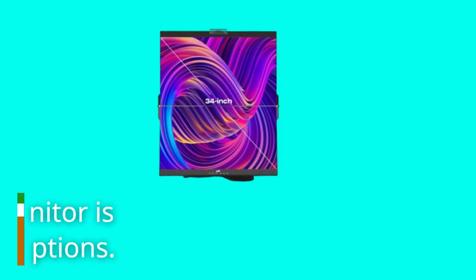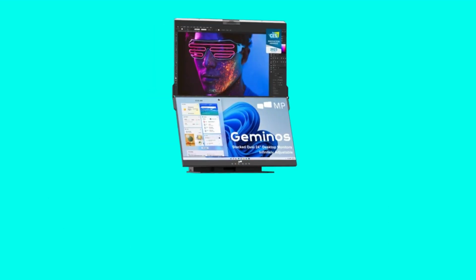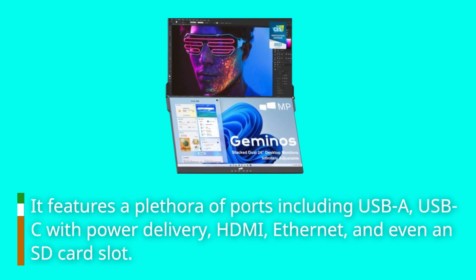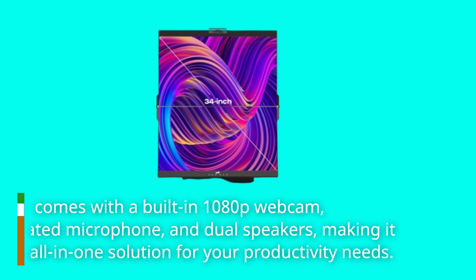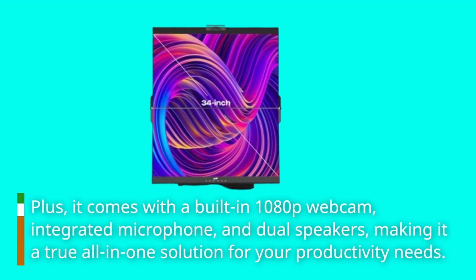But that's not all. This monitor is loaded with connectivity options. It features a plethora of ports including USB-A, USB-C with power delivery, HDMI, Ethernet, and even an SD card slot. Plus, it comes with a built-in 1080p webcam, integrated microphone, and dual speakers, making it a true all-in-one solution for